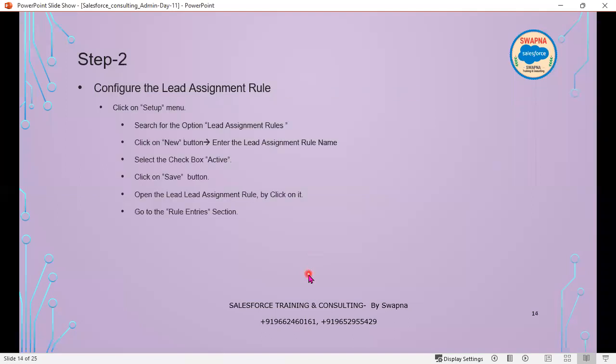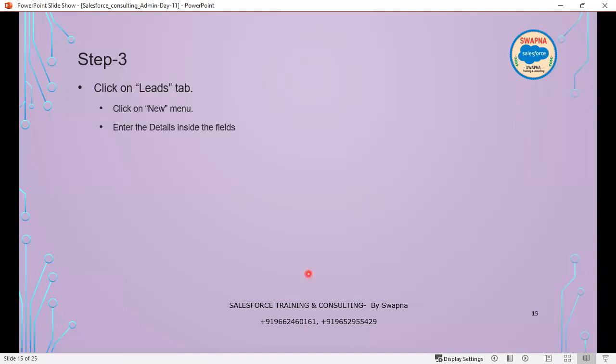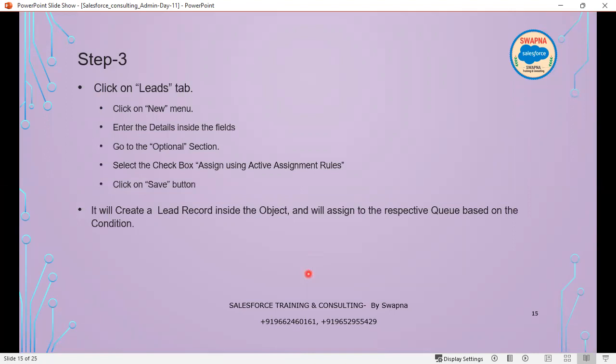Now we are done with step 2, and then step 3, we tested it by creating the lead tab and clicking on the new button, detail section, and we entered the required information, and then we clicked on the checkbox assign using the active assignment rule, and then clicked on save. So it will create a lead record inside the object and will assign to the respective queue, whatever the queues